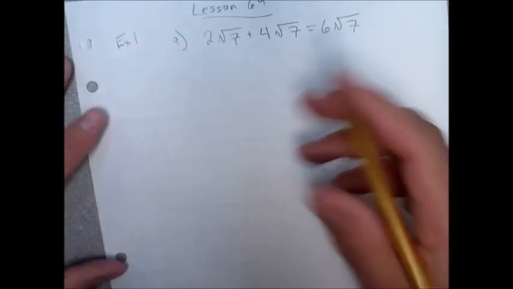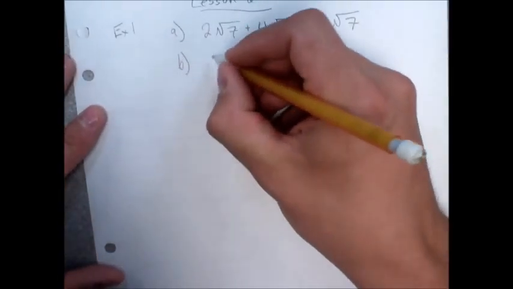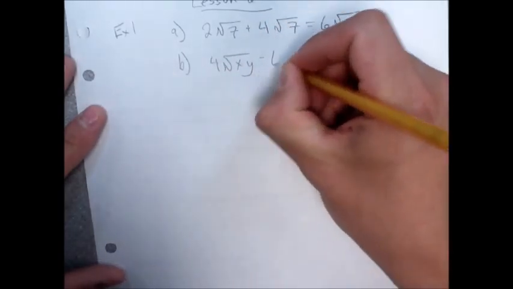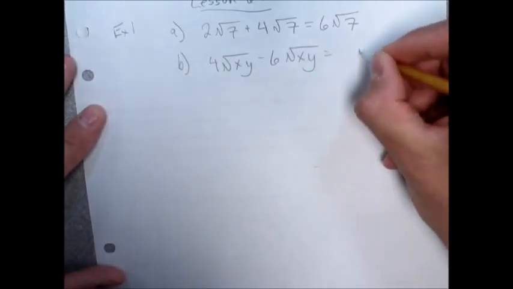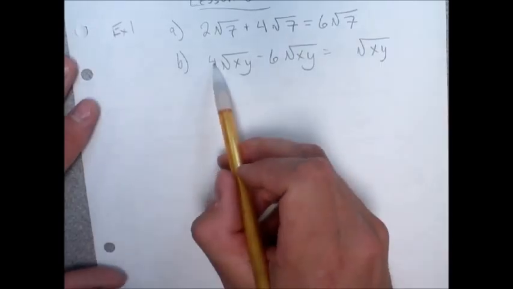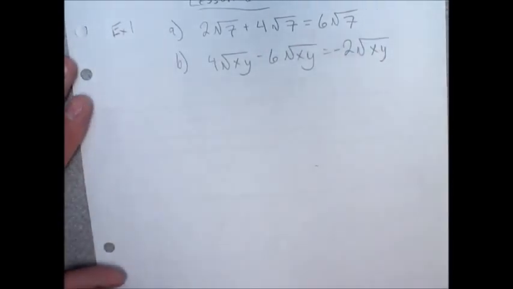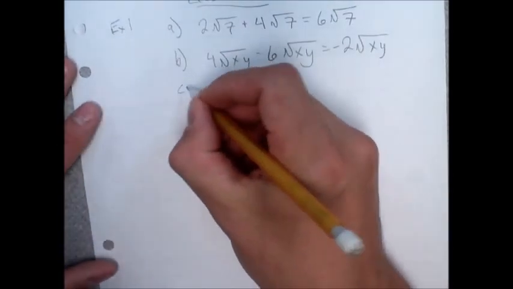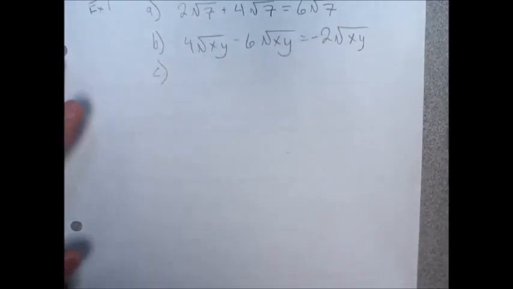For example, B, it seems a bit more confusing, but it's the same exact concept. This is 4 square roots of x times y minus 6 square roots of x times y. So in my answer, my last name is still going to be x multiplied by y in the square root. All I'm really doing is 4 minus 6. 4 minus 6 is negative 2. Okay? So don't let these confuse you